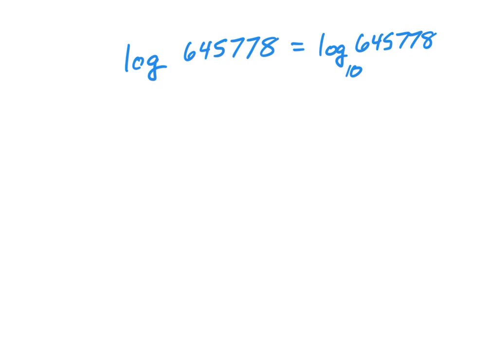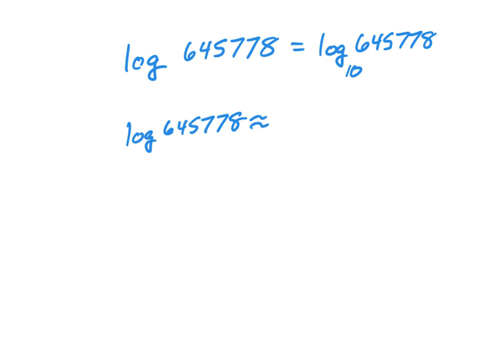Really what we're saying is 10 to some power gets me back to 645,778, okay? It's not going to be a nice whole number. A lot of times when we deal with logs throughout this chapter, we're going to get an answer that's a decimal. And so we're going to do a lot of rounding to the nearest 10th, 100th, 1000th, whatever decimal place. But that's really what we're asking here. 10 to what power gets me back to 645,778. So if we put the log of 645,778 in our calculator, you could type it in just like that,